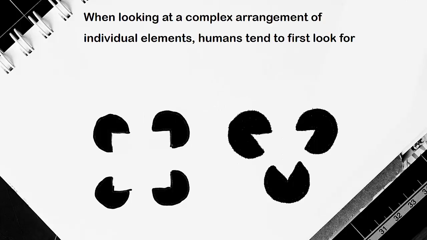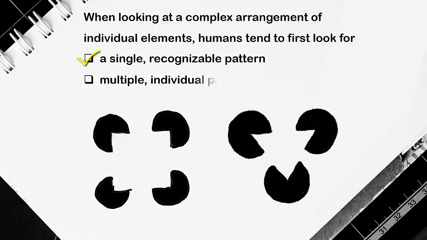It defines that when looking at a complex arrangement of individual elements, humans tend to first recognize a simple pattern instead of multiple individual parts. So, in the left image, although you're looking at a bunch of circles, you actually see a single square. And for this one on the right, our brain automatically fills in the missing part and sees a triangle, rather